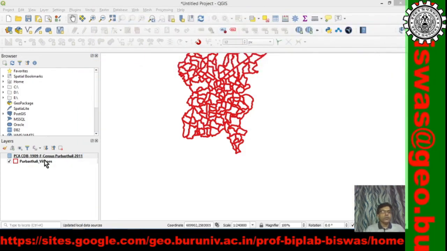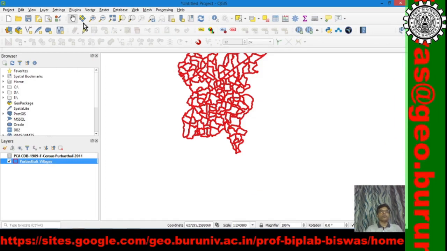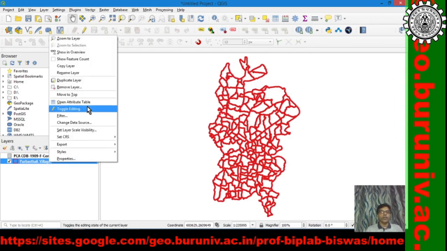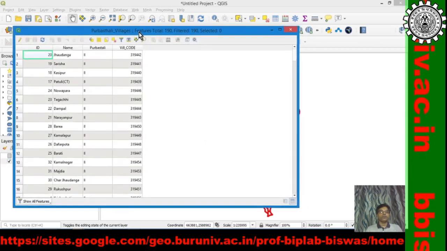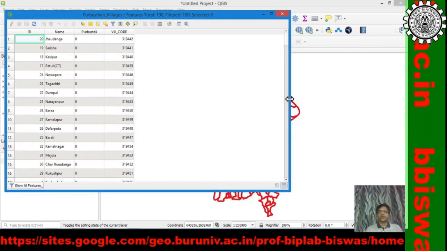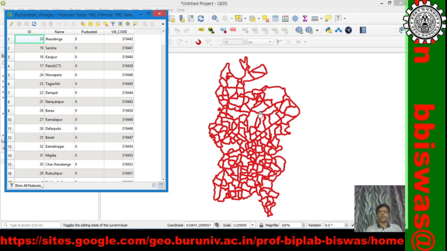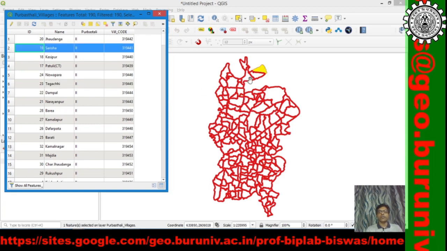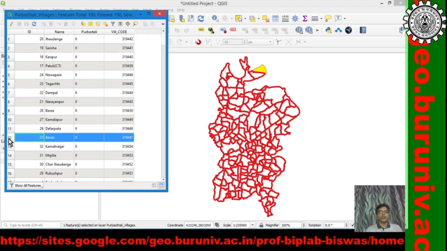Now, if we see, this is our original layer. If we see what data is available with the spatial data, this is the data associated with this vector layer. For example, if I click here, you can see it here.